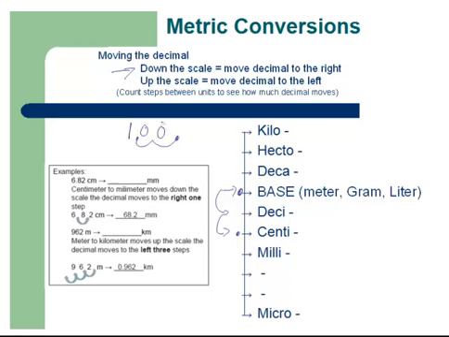and just add zeros in there. If we were moving up, so maybe we started with micro down here at the bottom, and we want to go clear up to our base unit at the top, that's going to be 1, 2, 3, 4, 5, 6 jumps difference. We still start with our 1, the decimal is here. Now we're moving up our scale, so we need to move to the left, so we'll go 1, 2, 3, 4, 5, 6 jumps over, that's where our decimal is, and then we just fill in with zeros.